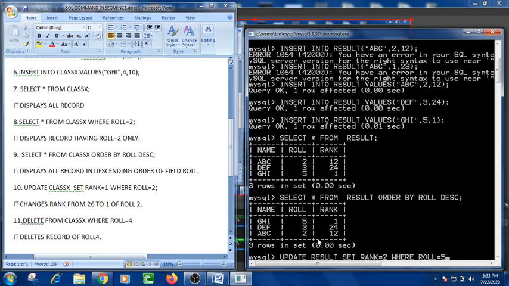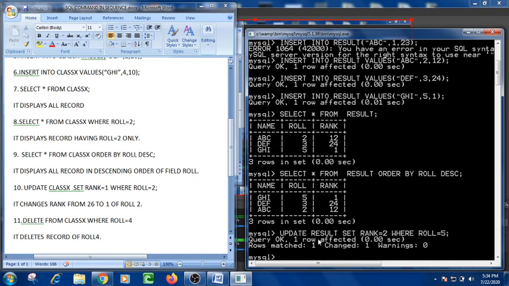Now with where I have used the roll number. You can also use the name if the names are unique in the table, or mostly we use the primary key field for giving the conditions, because it is always unique for every record, where roll is equal to 5. Okay. Rows matched, 1 changed. Now see whether it has been changed or not.